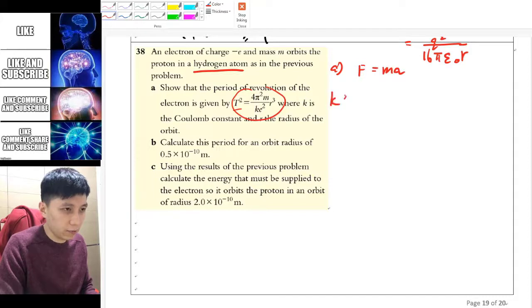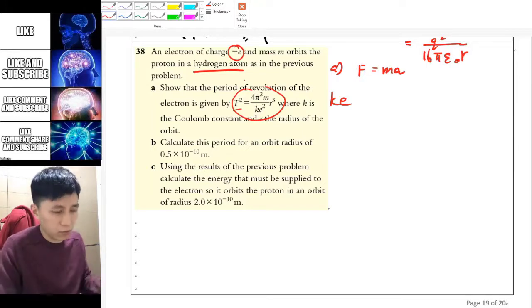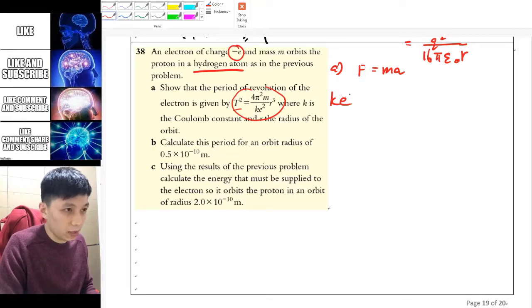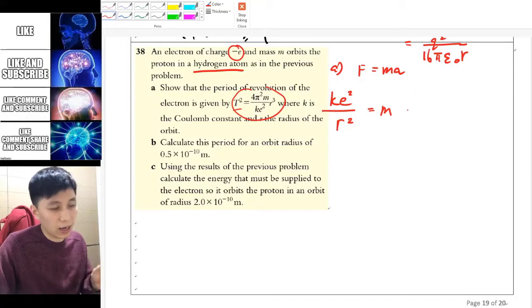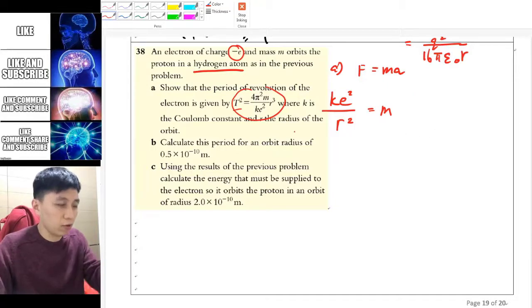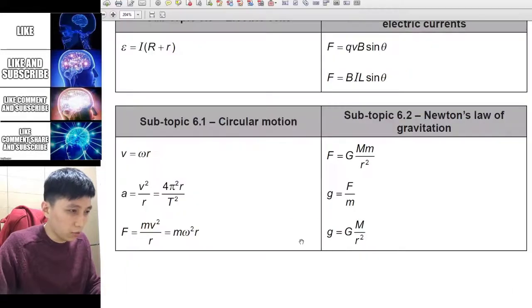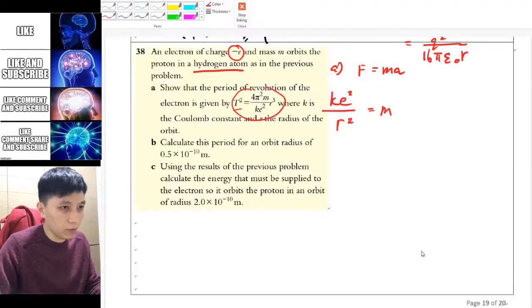As for force, it will be k q1 q2 over r squared, but this time it should actually be e, because it's at negative e, and in the atom it would also be positive e, so e squared in that case. Then we have r squared at the bottom, like k q1 q2 over r squared, and then m. For centripetal acceleration this time we shouldn't be using v squared over r, because of what you are trying to derive. When you look at the data table, we should be using 4 pi squared r